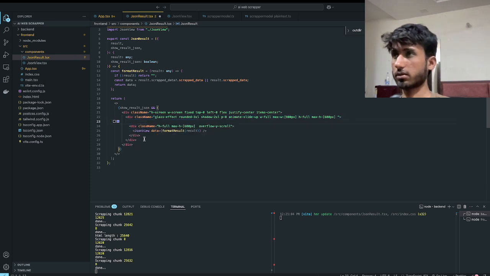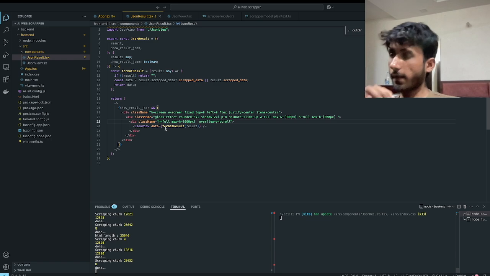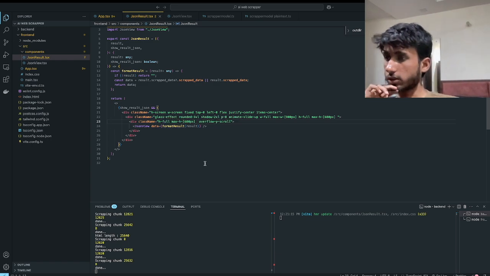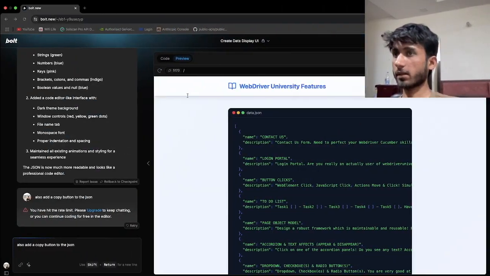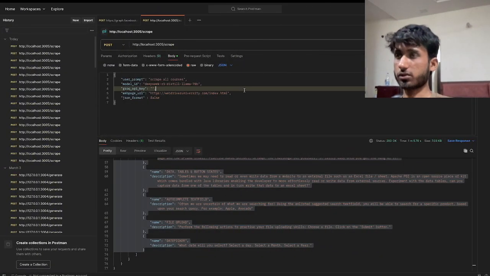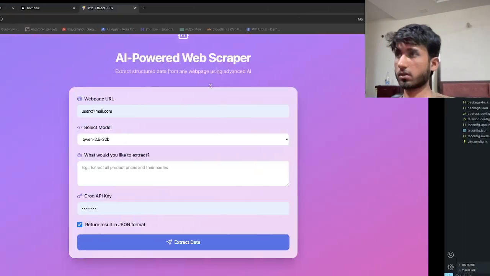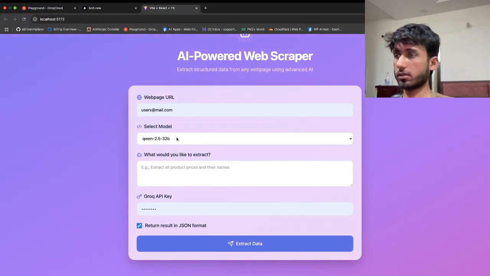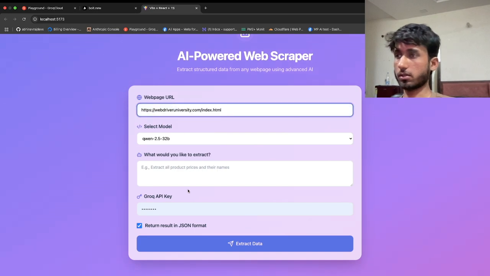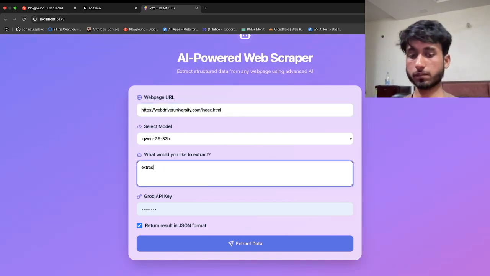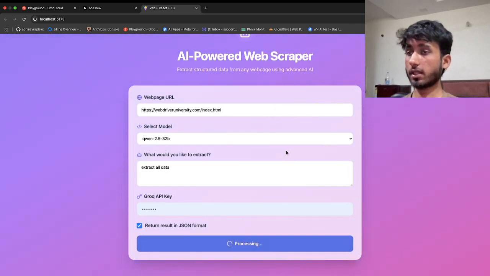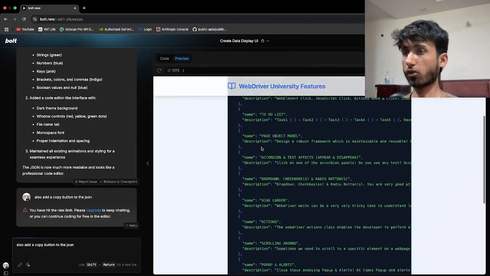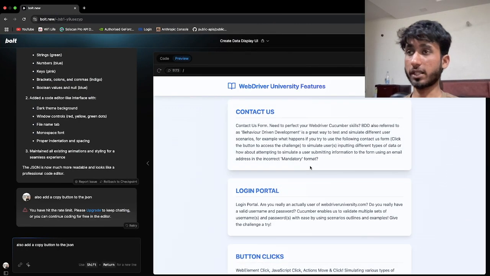So I guess we are done with it. Let's try it one more time. We need to copy the URL first from this part. Command C, and then over here Command V. Extract all data, extract data. It's extracting the data. Till the time, what we can do is we also need to create this thing in